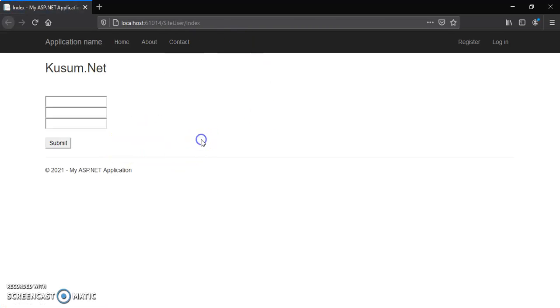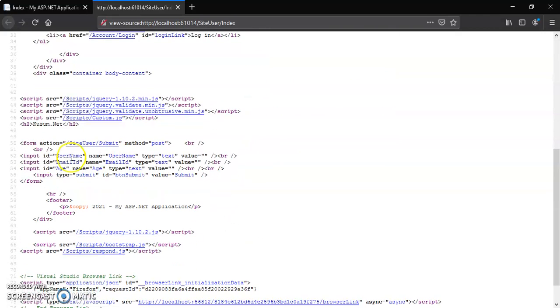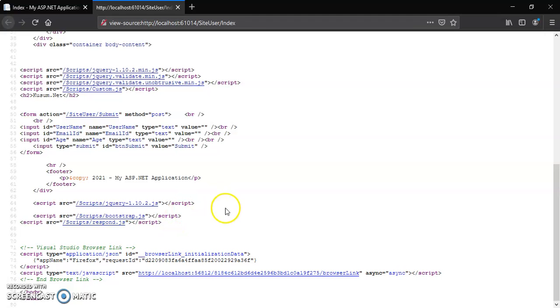Right click on the page, go to view page source. Now see username, email id, age. Now there are no data-val and data-val-required attributes here. Why? Because unobtrusive JavaScript is now false in the web.config file. So clean HTML code is generated, and the Visual Studio Browser Link has created this error because unobtrusive JavaScript is false.